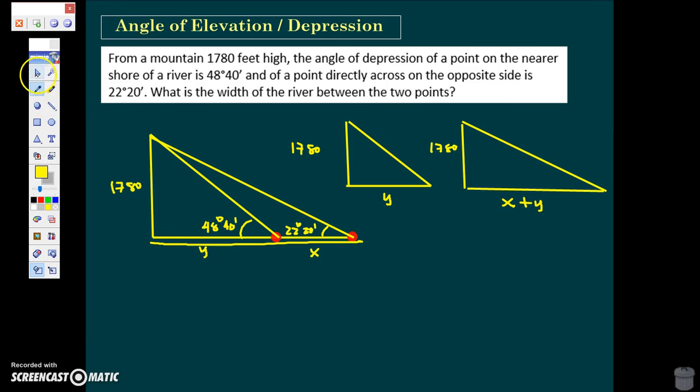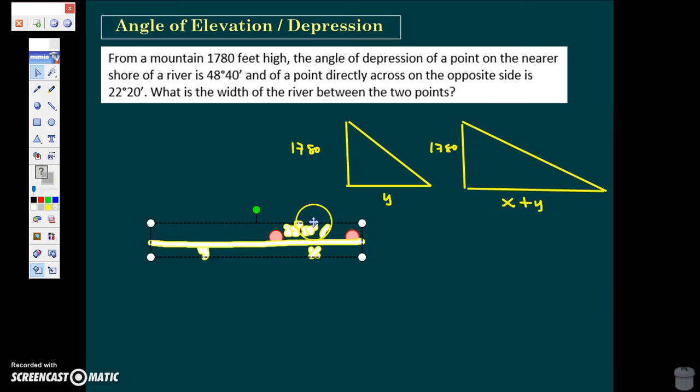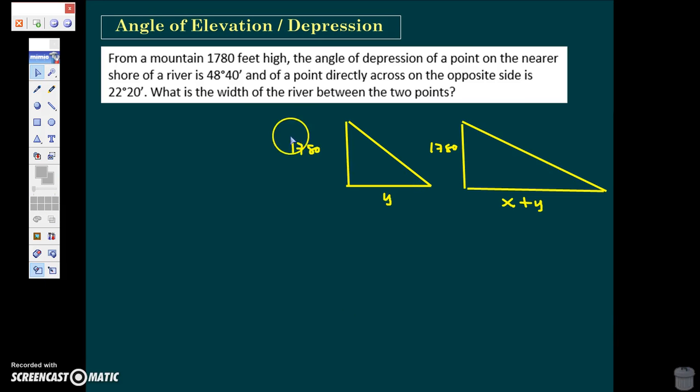So we focus on solving these two triangles. Let's just move it here and erase. Now remember, there are different angles. This is the larger one, 48 degrees 40 minutes. This is the smaller one, 22 degrees 20 minutes. So we're using the trigonometric function tangent of the angle. So tangent 48 degrees 40 minutes must be